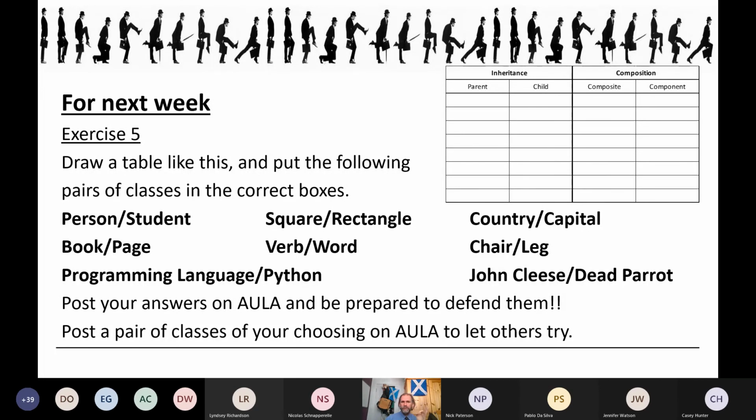So you've got some examples there. Is person and student an example of inheritance, or is that an example of composition? Similar with all the other ones. I know it says put them on Aula, put them in Teams, I don't care.